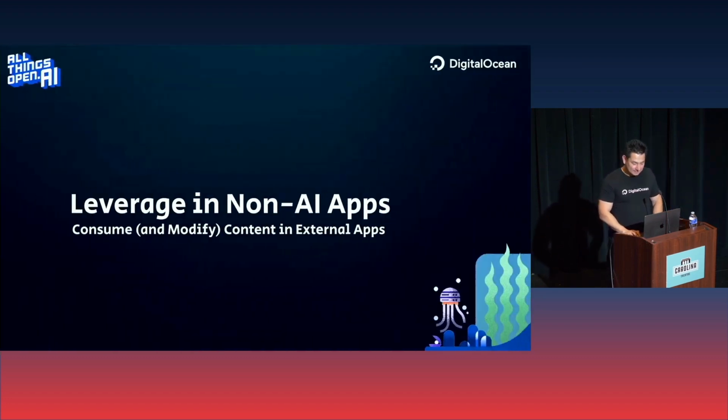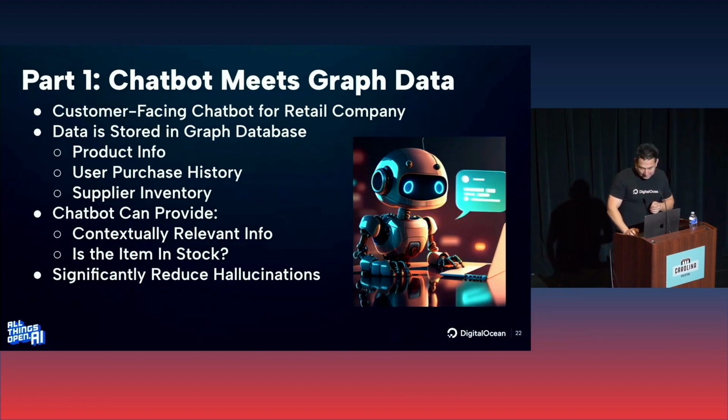The last thing, and this is really cool, is leveraging your graph database for non-AI applications. I think this is a really cool example to showcase why you should consider it. I don't have any stock in Neo4j or graph databases, I'm just showing you alternatives. But this is one of the reasons why you should consider a graph database for your RAG implementation. So let's say we have an online store,